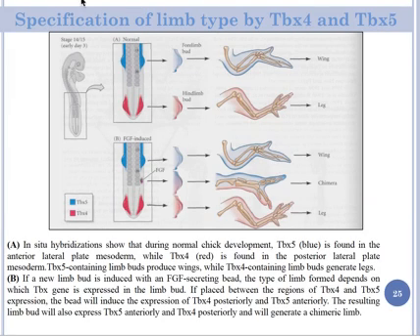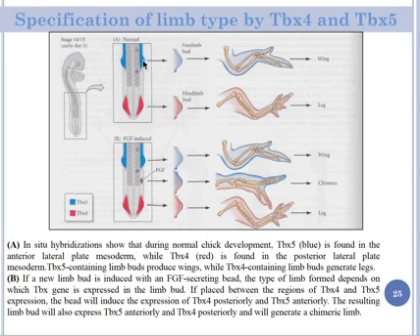So now in this part we'll start talking about the specification of limb types by two genes, TBX4 and TBX5. TBX4 and 5 are transcriptional factors that are expressed differently in the forelimb bud and in the hind limb bud. As you can see here in the chicken embryo, for example, in the in situ hybridization, to show the expression of TBX4 and 5, we can see that TBX5 in